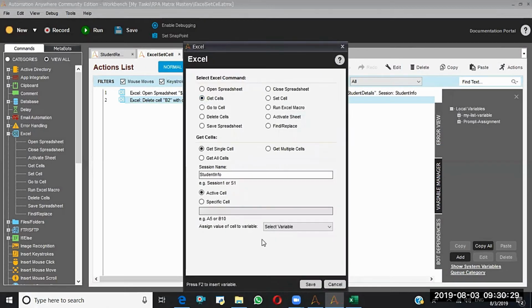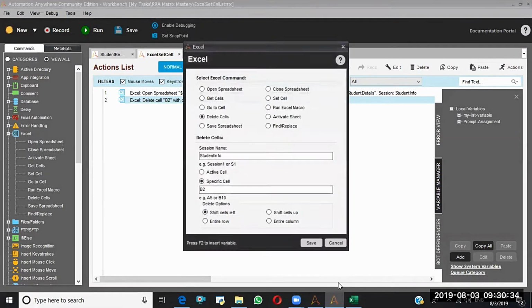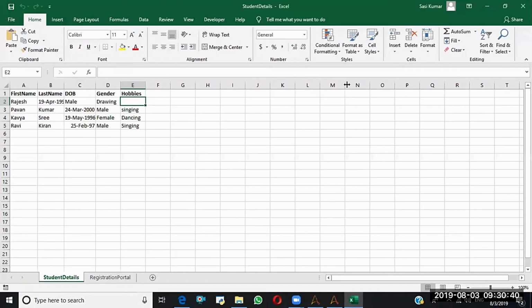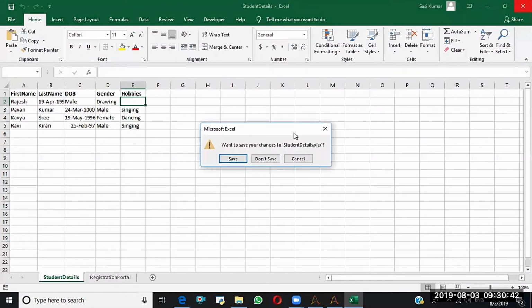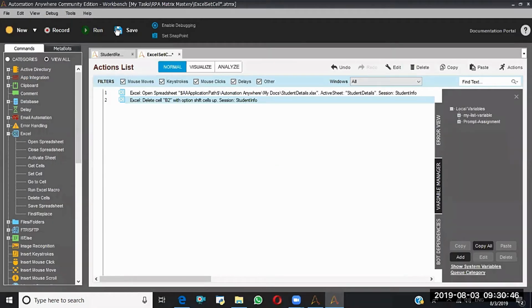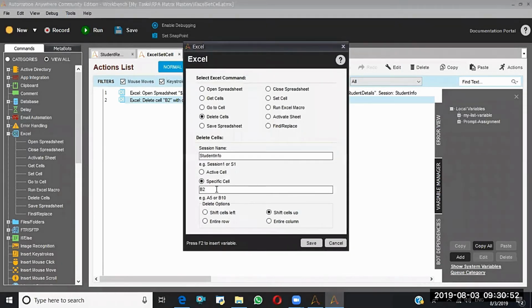The opposite one, shift cells right. Maybe. Yeah. Shift cells up, not to the right. Okay. Save. This time, save. So here I'll say B3, not B2.